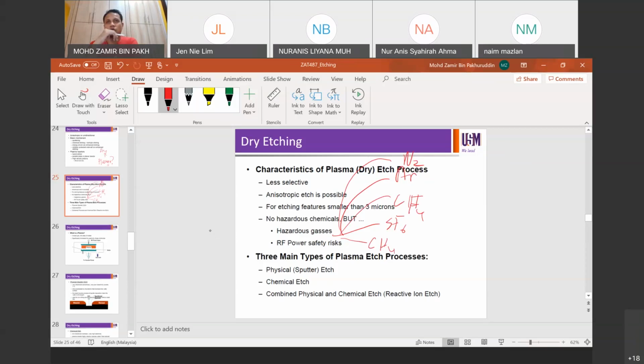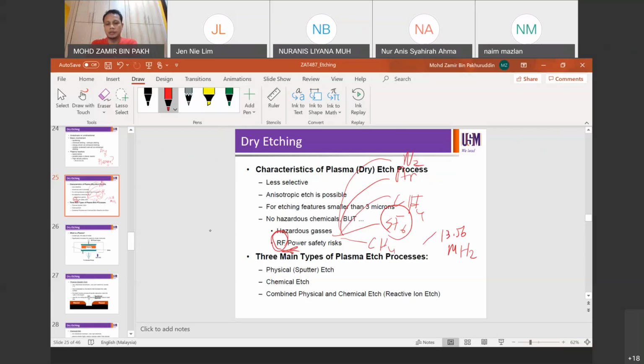Okay. So for example, if you're talking about silicon, we normally use sulfur hexafluoride, SF6, to do the job well. Other gases won't work as good as SF6. So plasma has RF power safety risk. If you talk about sputtering by using RF system, radio frequency plasma, typically it's 13.56 megahertz for